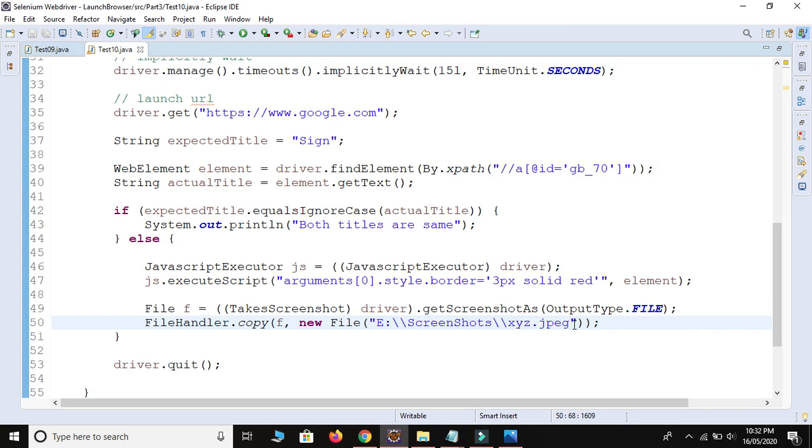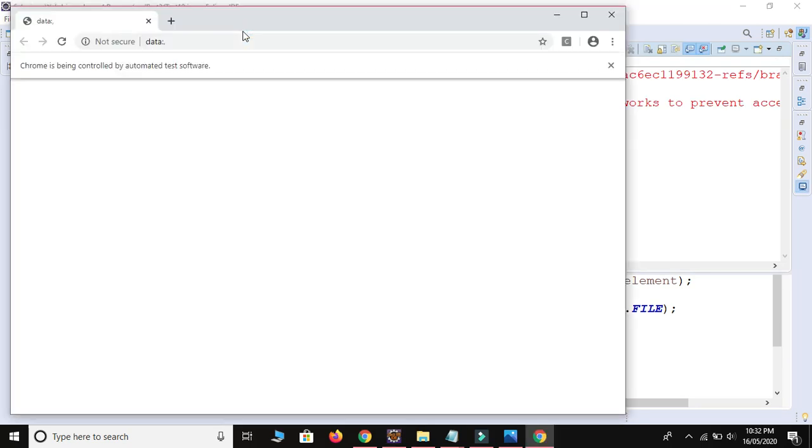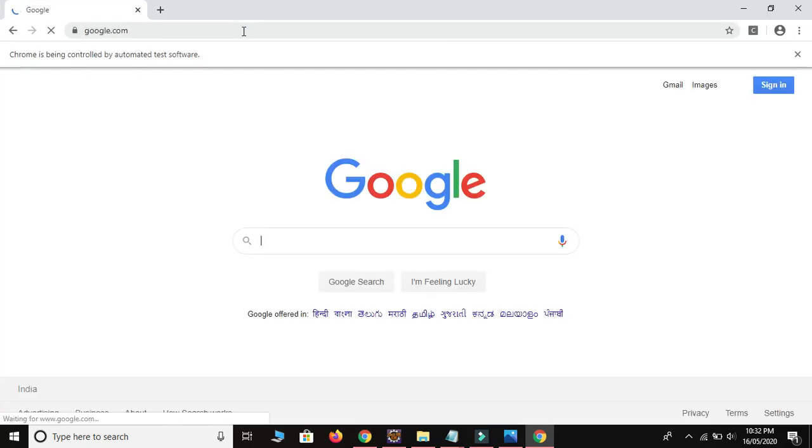Here we are able to see one more interesting topic. Let me execute this one, then I will show you. Ctrl S to save, and I will run the code. It will draw the border around the web element and then take the screenshot. So it should be more understandable. We don't need to draw the border manually, because we are not manual testers, we are automation testers. So we draw the border.